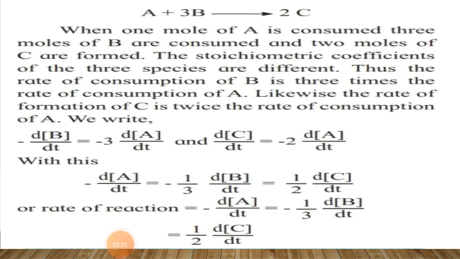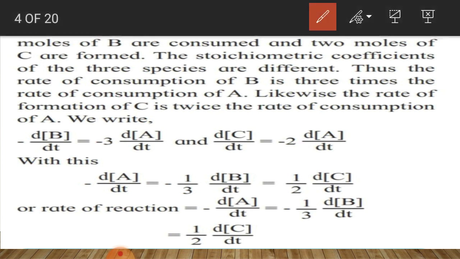This is the instantaneous rate of reaction. The reaction A plus 3B gives 2C. A and B are the reactants, C is the product. Here in the instantaneous rate of reaction, delta is replaced by d, that is the derivative. So this is the instantaneous rate of the reaction. We are directly moving to the last part as we have done this in the last lecture: minus dA upon dt, as reactant A has been consumed. So we are writing minus d concentration of A divided by dt.